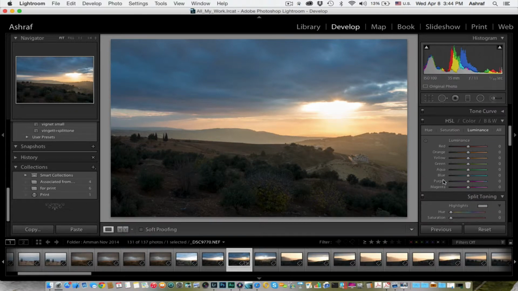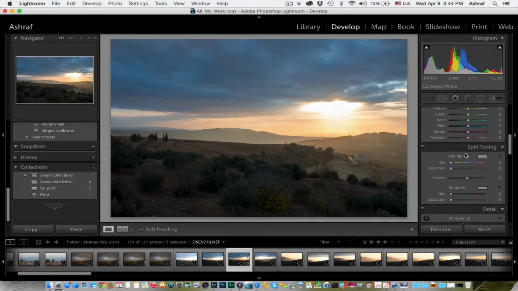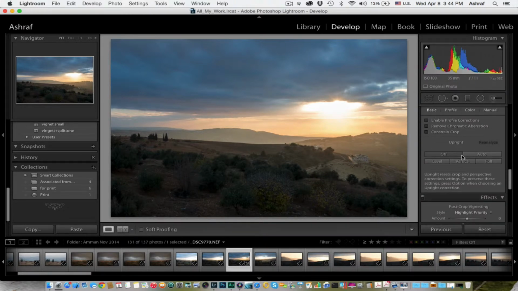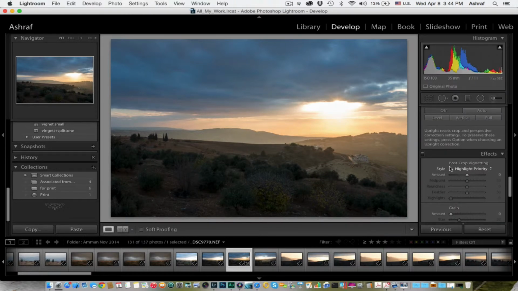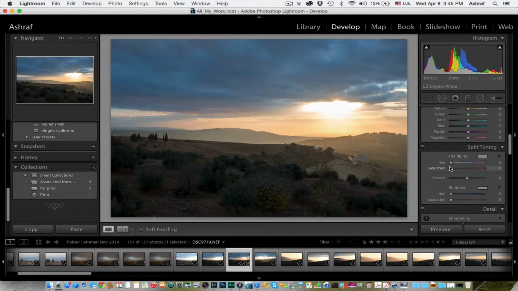So now the special effect starts from here, if I'm using the HSL, the split toning, details, lens correction, as well as the effects of the vignette and all that kind of stuff. So let's say for example I want to do a kind of split toning to this image. I will increase the saturation so I can see exactly what I'm doing. I want to have some kind of greenish tone in the highlights, and I want to add some kind of bluish